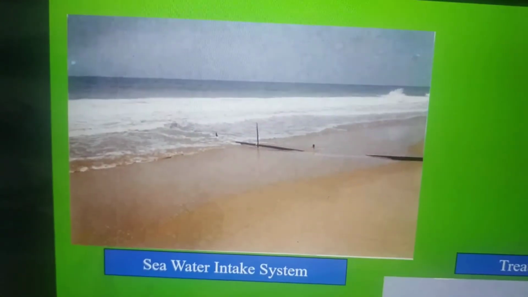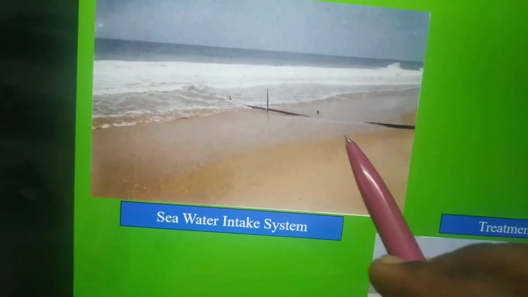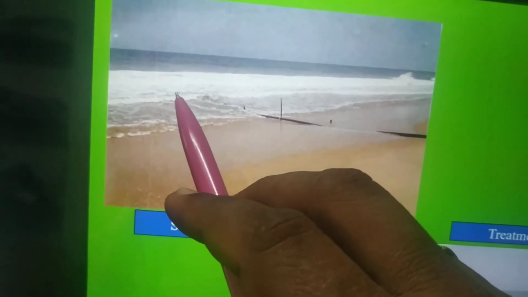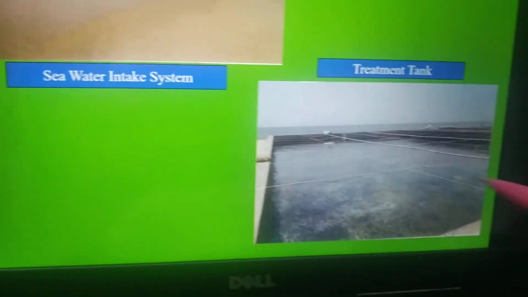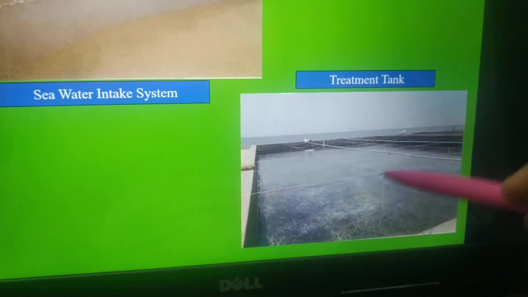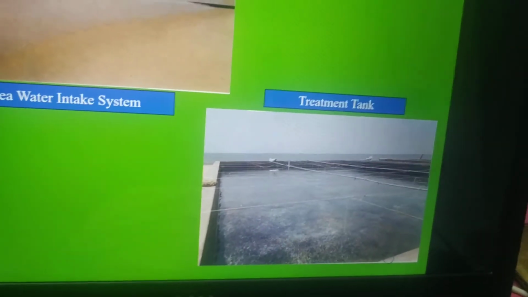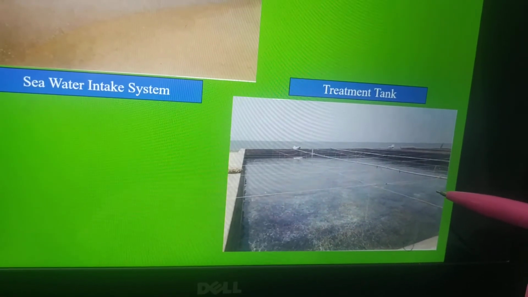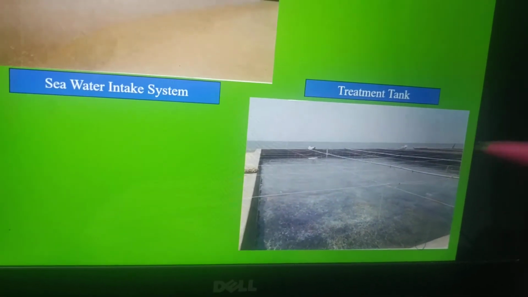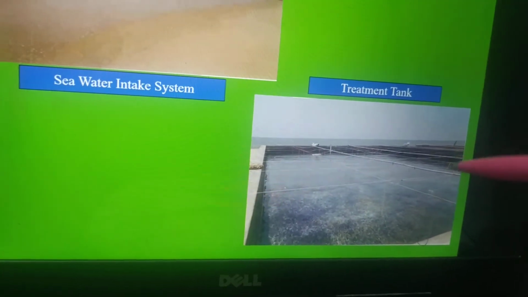So this is the water source. You are taking it through this pipe. You can receive the water from the natural resources, and it is filtered. This is the overhead tank, isn't it? Filtered, and it is aerated. And before aeration, it is treated with chlorine and allowed to stand for 24 hours with vigorous aeration. That is very, very important.